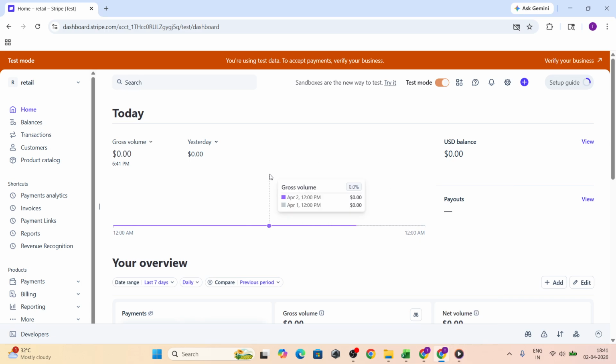In today's video, I am going to teach you how to mark an invoice as paid in Stripe. This is useful when you've already collected payment outside of Stripe, maybe by bank transfer, cash, or a different system, and you need your Stripe records to reflect that the invoice has been settled. Marking an invoice as paid keeps your reporting accurate and helps your team see the correct status